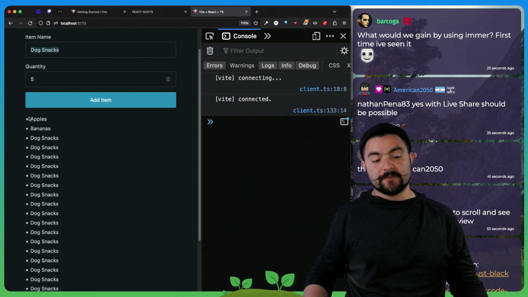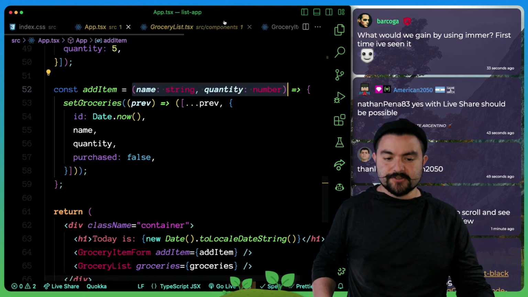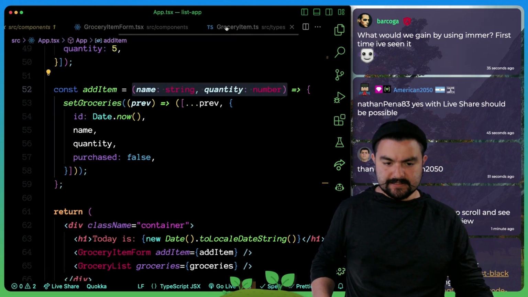First off, what we should do is in the list here, let's show the quantity because we're not actually showing the quantity right now. So in the grocery item list,